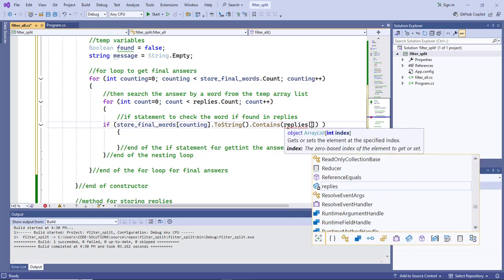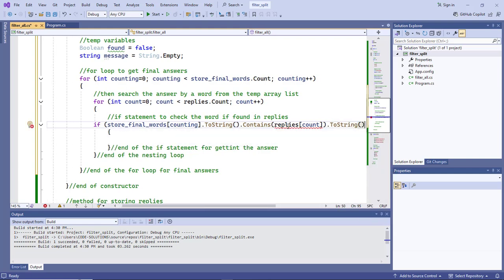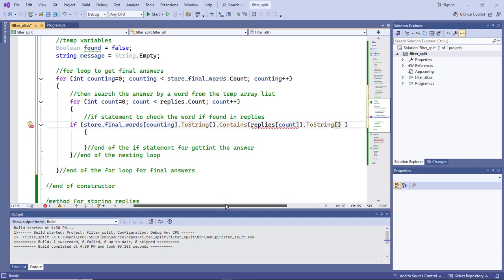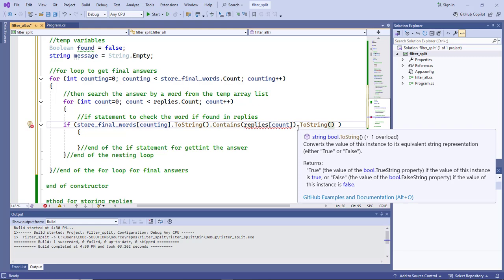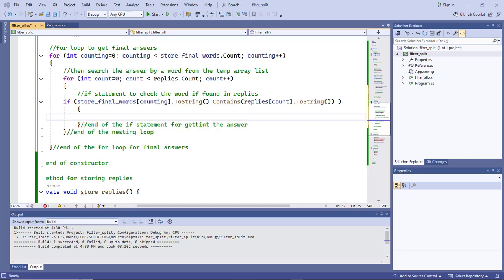So we have to call the second array, which is using the variable count, then dot to string. Sorry, then we proceed